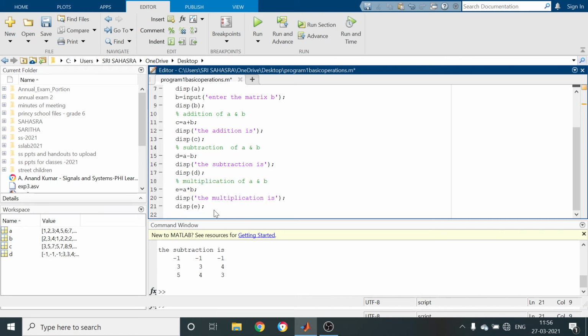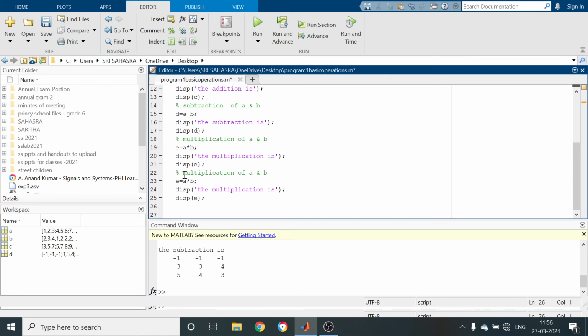Next I am going to write, control copy, element wise multiplication. So this is said to be the matrix multiplication. So here element wise multiplication, control copy. Here the disp changes to, here we have to store in another variable, let it be F. I am going to change it as A dot star B. Disp, here we have to disp F.